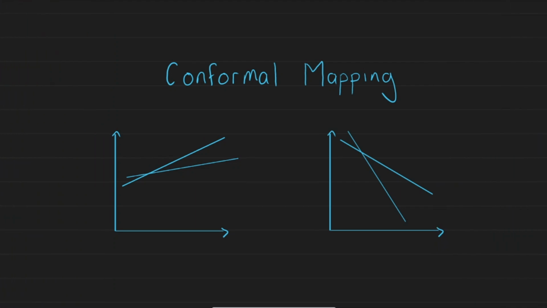Hi there. In this video, we're going to talk about conformal mapping. Conformal mapping is actually a very important application of complex analysis. What people use it for is that they take extremely difficult geometries with very complex shapes, and they transform them using transformation equations into shapes that look much easier but preserve some of the essential information about the